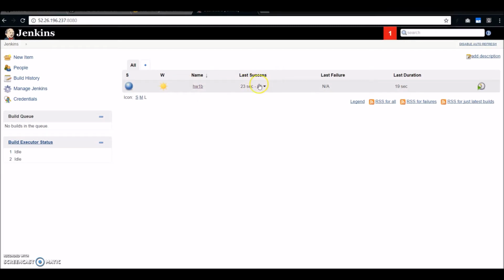And the build just succeeded, and it shows that on this IP and this instance, the job that was given